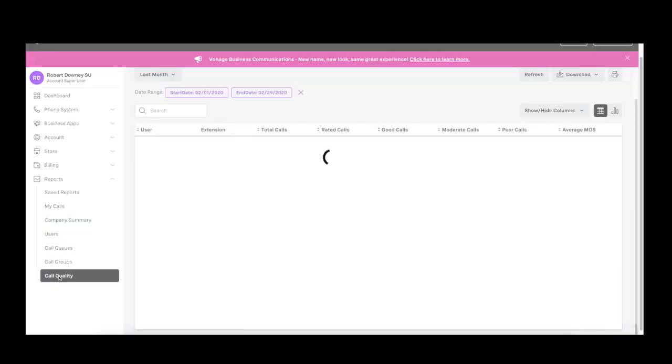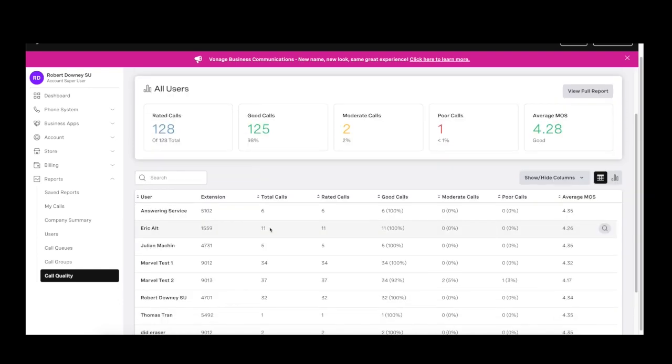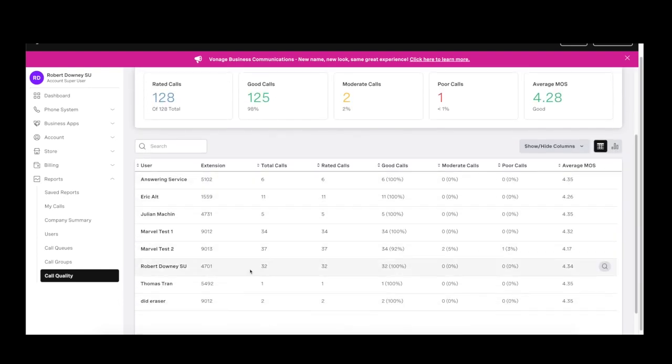The last piece is the call quality. This will allow me to go in and see calls from end to end, meaning from your endpoint all the way through to the customers and through our SBCs. This allows me to determine if I might have an issue in my system.